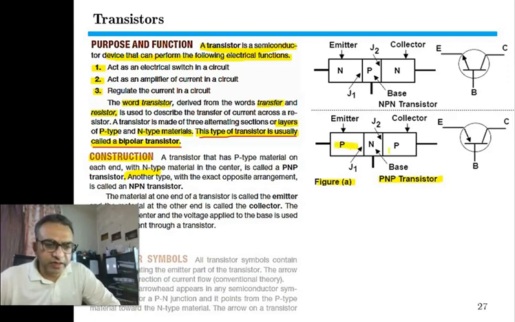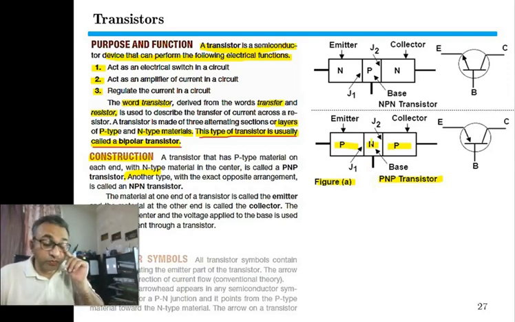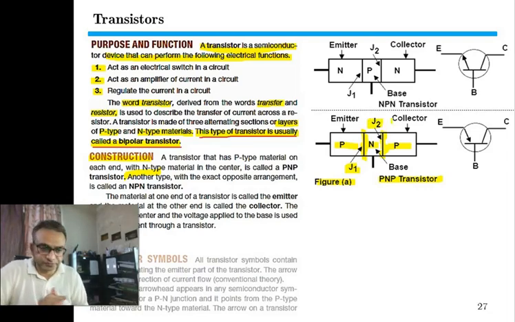This is the first p-type material, and this is the second p-type material, and in between we have an n-type material, hence the name PNP transistor. Since there is one n-type material connected to both p-type materials on either side, we will have two junctions in every transistor. This is the first junction called J1 and this is the second junction called J2. So this is the PN junction or the depletion region.